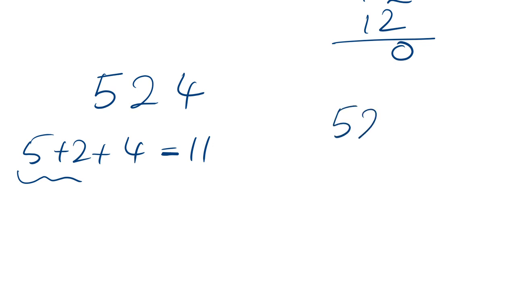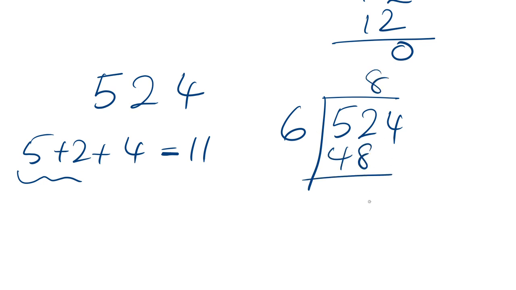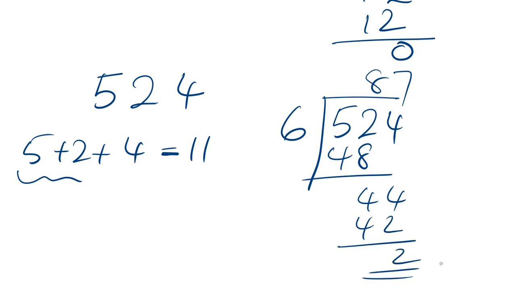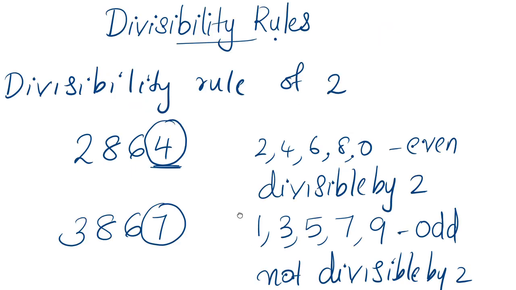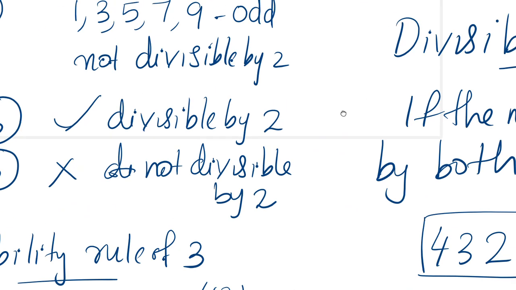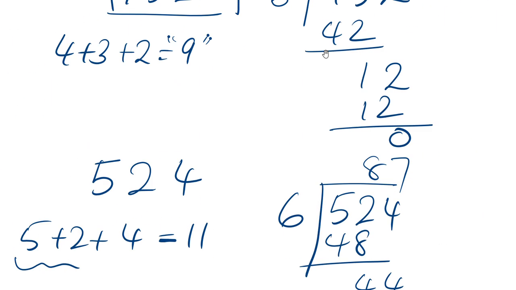We can check. 524 divided by 6. 6 into 52, 48. Subtract, 4. Then 6 into 44, 42. Remainder 2. So this number is not divisible by 6. Okay, that's divisibility by 6. Next is